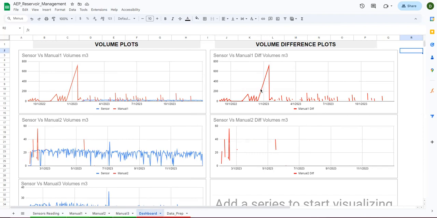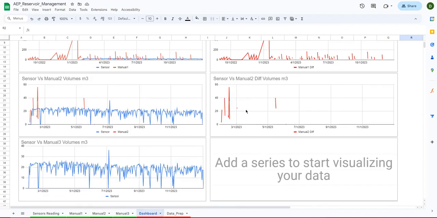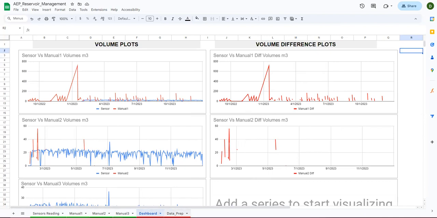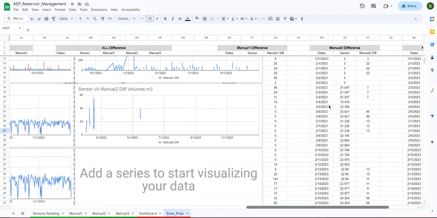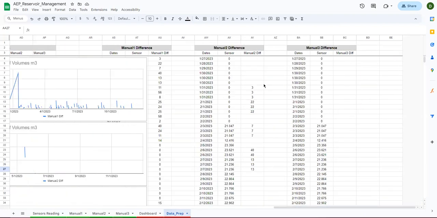We can always plot the difference in a way that only the difference is shown where both the values are available. For example, you can see this is the difference we are plotting where the sensor value is not available and only the manual value is available. So if we take the difference between these two,